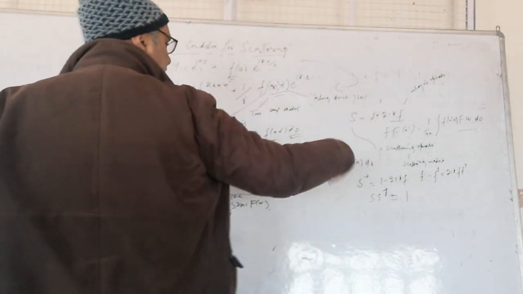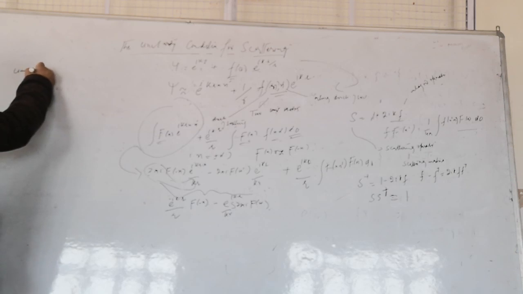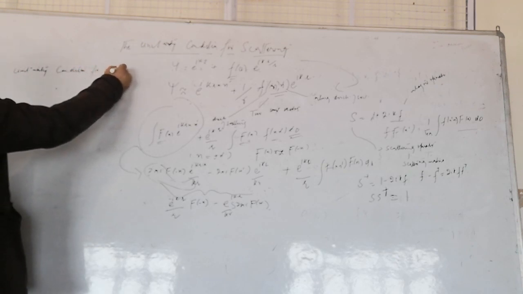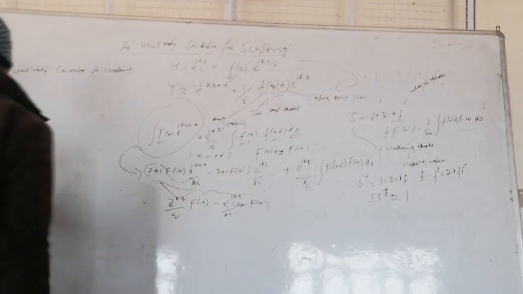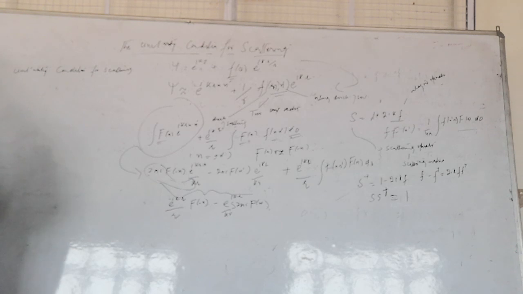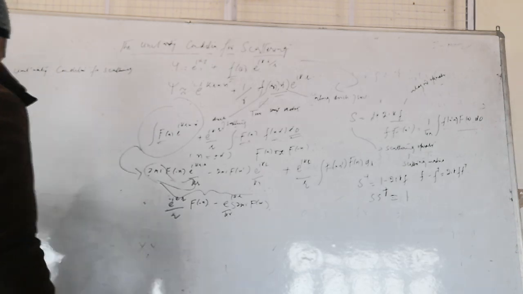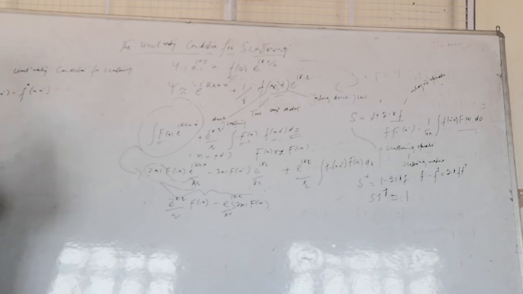Now from this, whatever algebra we have done, we can talk of the unitarity condition for scattering, which will be of the form f of n minus f of n prime. And we're going to use this equation. So if we multiply f of f, this twice f of n prime minus f star n prime, because we are going to see this f minus f